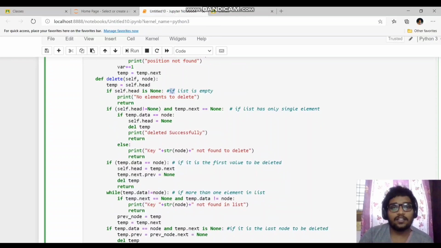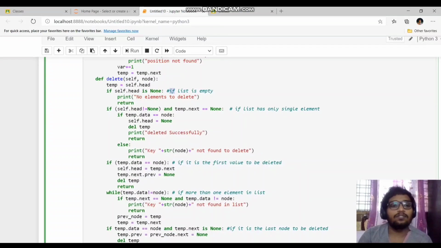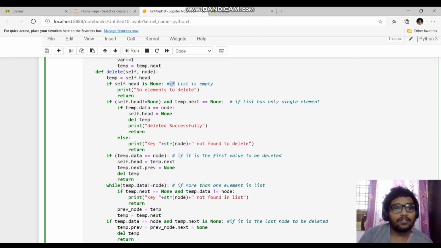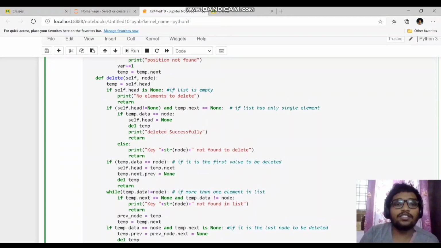Or else we check another condition, if the list has only a single element. That means if self.head is not none, that means there are some elements in the list, and temp.next is none. That means it is the only single element and there is no other element but that one. So that's the meaning of this condition. If there is only a single element, we have to check whether that is the element the user is willing to delete.